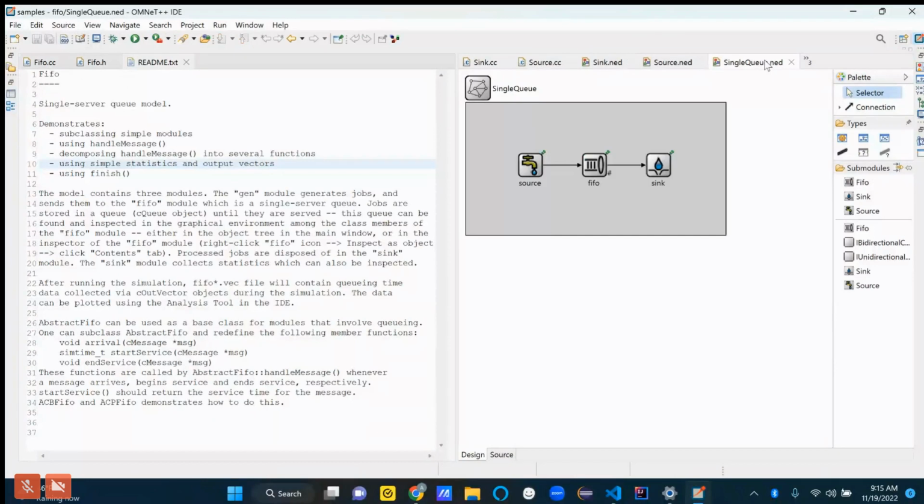So here's the diagram to think about. Essentially, we have some source that's just generating messages. I believe the source in this is essentially just the user, right? So here we have one user. This user generates messages, and we're calling that user source at the moment. Those messages get thrown into some queue, which we call FIFO, and that FIFO has some sort of scheduling for how it's going to offload its messages.